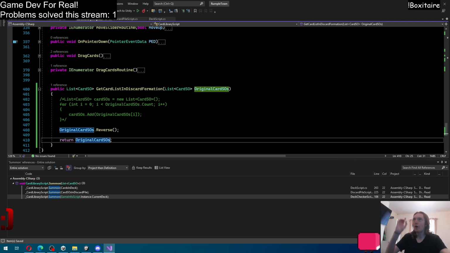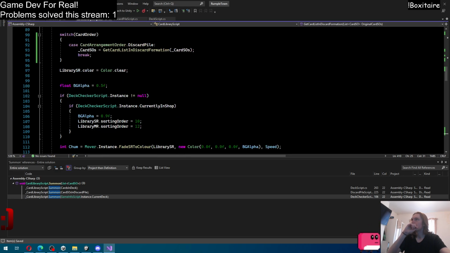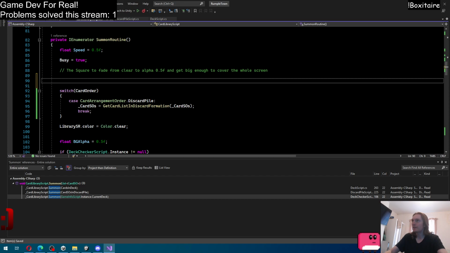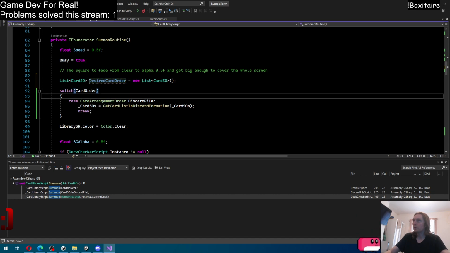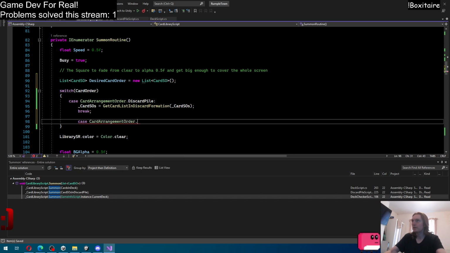So what I think I should do is, at the moment what I'm doing here is I'm actually turning this into that, whereas what I should be doing is saying something like list of card SOs, which we'll call something like desired card order equals that, and just to stop me getting any problems later,